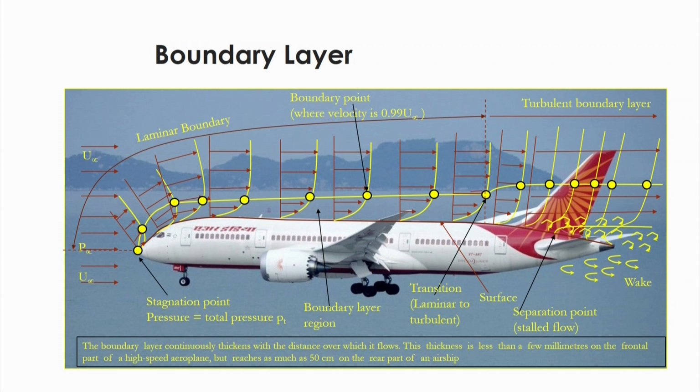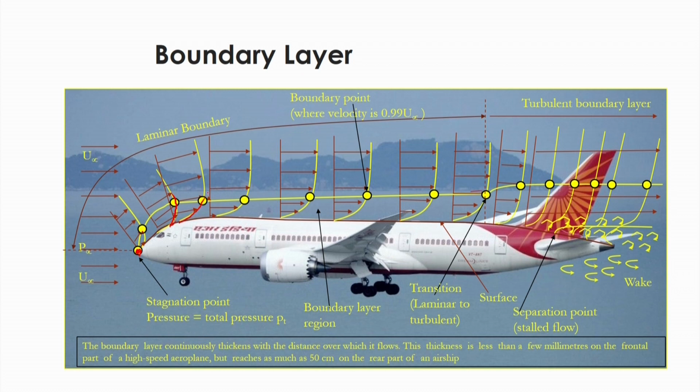So, at a certain length from the edge of the aeroplane, in the axial direction, which is the x direction if it is horizontal, at a certain length x, the velocity will reach about 99% of the free stream velocity. This point is noted down here. Again, if you go a certain extent further along the length and consider another point, from this point onward there will again be a velocity change.